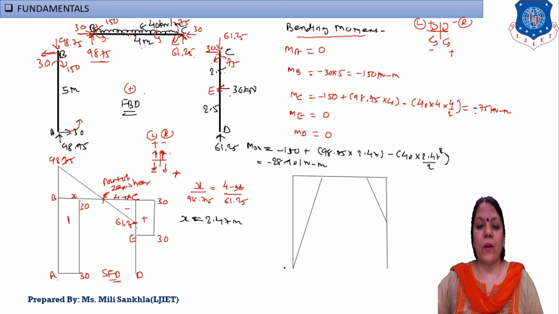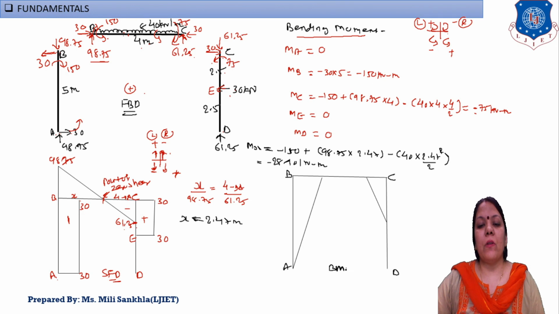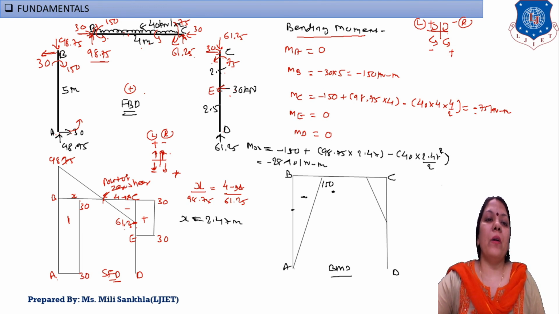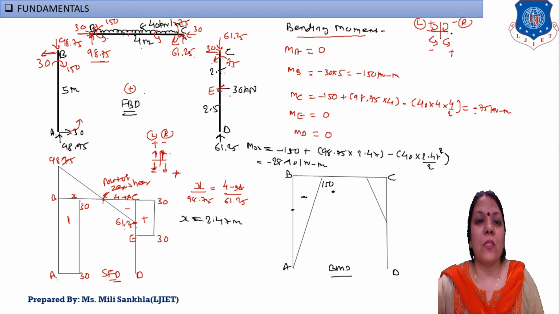Now here I draw the BM diagram. First of all make a point here, A point, this one is our B point, this is our C point, and this is our D point. This diagram is our bending moment diagram. Now one by one: moment at A is equal to 0. Moment at B, we get right side clockwise, that is minus, so this diagram is minus, and mention this point as 150. At B point we get anti-clockwise moment, left hand side anti-clockwise, again minus, and at this point we get negative moment 28.10, somewhere here. At C point our moment is right side clockwise, equal to minus; mark the point here.